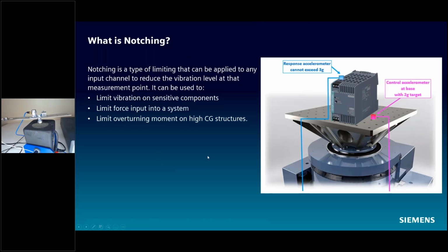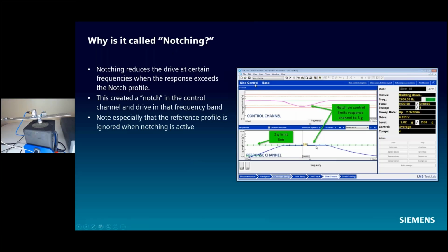So a little bit more about notching. Why do we call it notching? Well, because when we start to limit, if you see this example here, this is my limited response channel. Normally I have a nice resonance peak here. What happens to the control and also the drive is we have this little dip or notch in the control